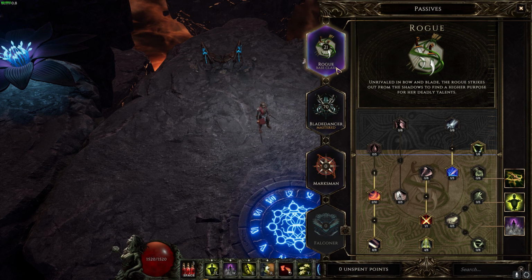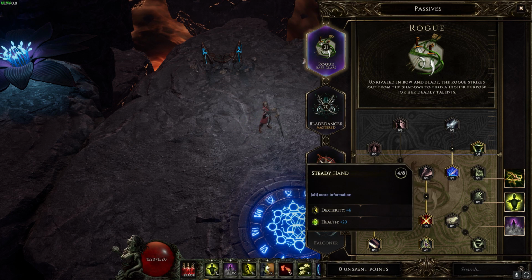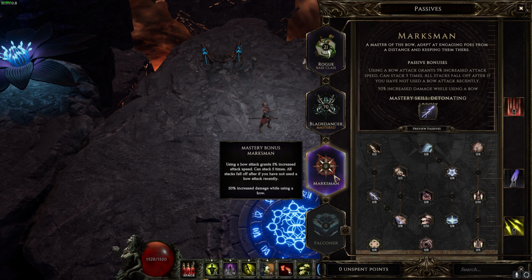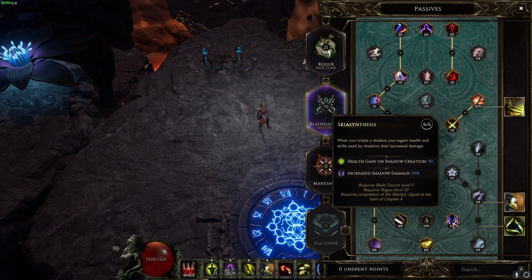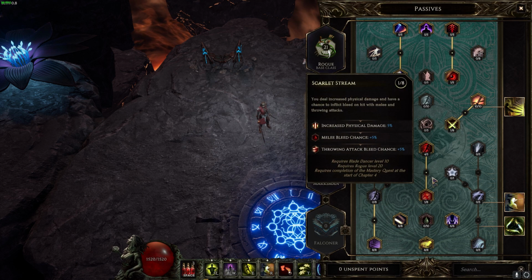For passives, we have 21 points in the base rogue class, 8 points in Swift Assassin, 2 points in Lethal Cadence, 4 points in Steady Hand, 1 point in Twin Blade, 5 points in Sapping Strikes, and 1 point in Critical Precision, 0 points in the Marksman, and 70 points in the Blade Master, with 8 points in Cloak of Shadows, 8 points in Pursuit, 6 points in Sky Synthesis, 8 points in Once, 1 point in Scarlet Stream, 4